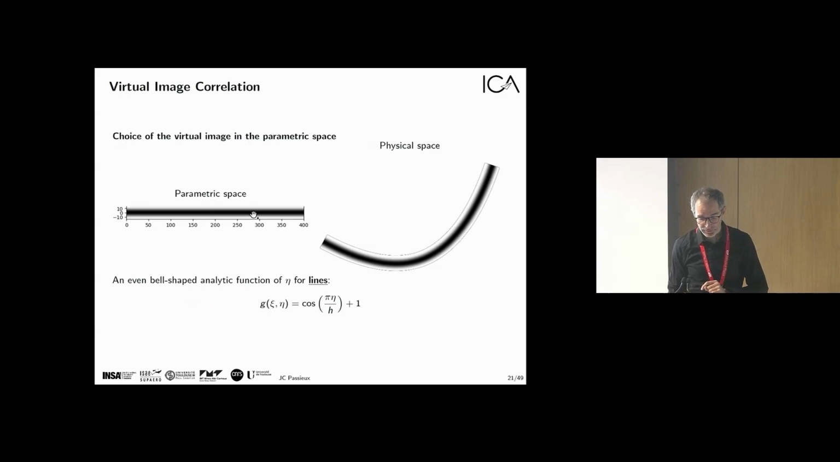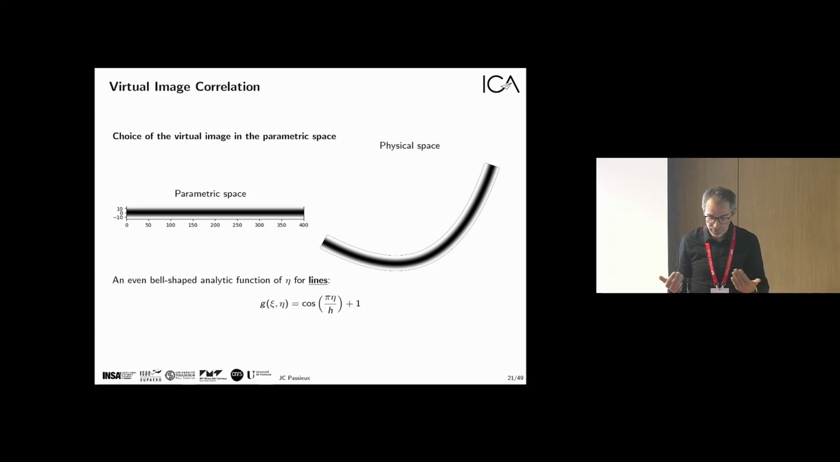What I expect in the parametric space is something which is independent from xi, only dependent on eta. So I build a second image. I add the real image, and then I build a so-called virtual image, which is something theoretical. I guess I'm supposed to have this in the image. Usually we just take a cosine, but we just have to consider